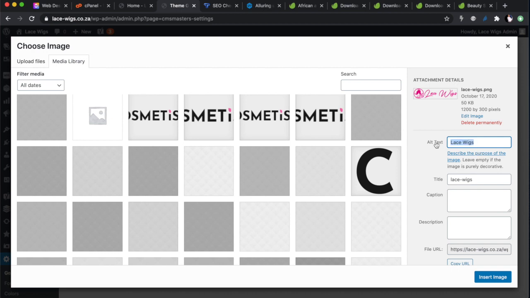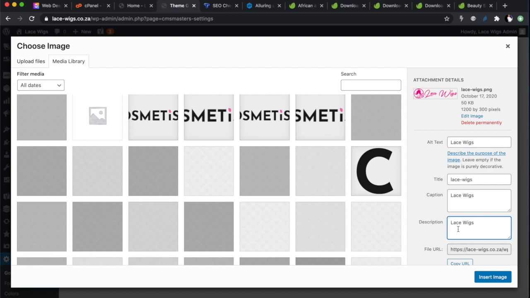This is a good habit. Most web designers, if you're new, you don't know that you should do this, but I'm just going to sort of give you some good tips as I go along. Every time you upload an image, at that time you upload the image, please include the alt text, the caption, the description. By now you already know what your keyword is that you're working with for your website, because we've already done the keyword research.